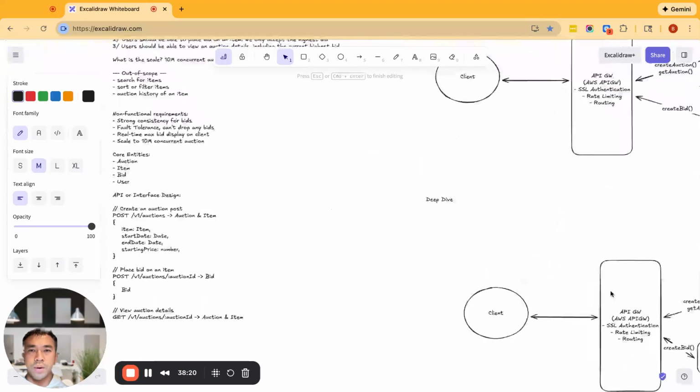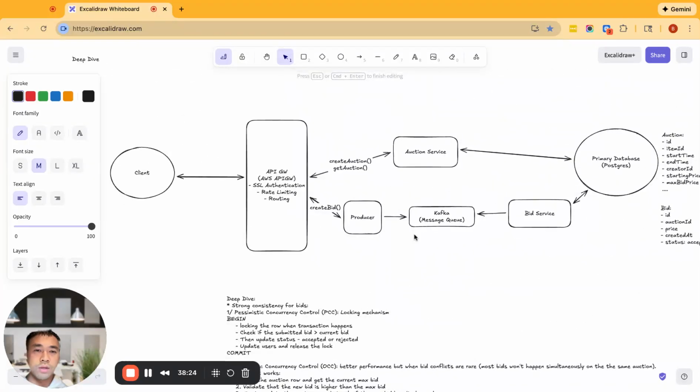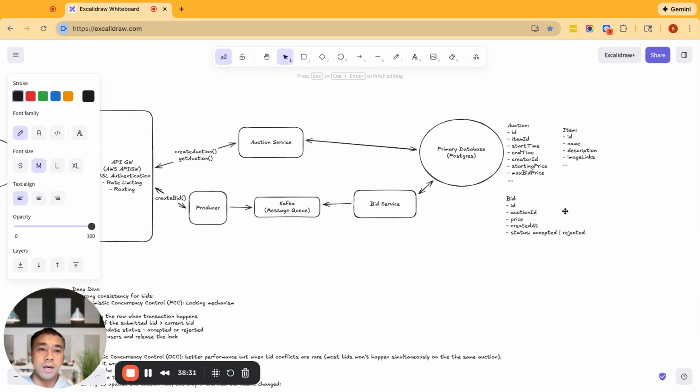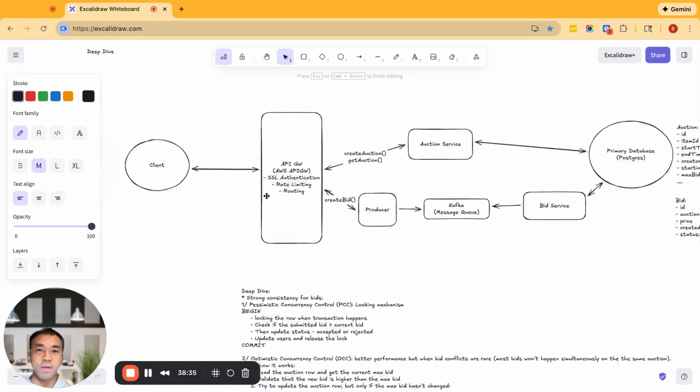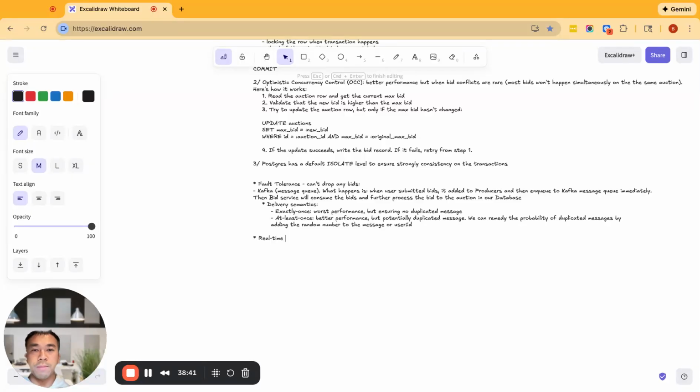Okay, what about the next one? We're going to talk about the real-time max bid display on the client. So here we have the Kafka, we have the bid service, right? How do we know when the bid is updated, accepted, or rejected? How do we update the user in real time? So we talk about a real-time bid display